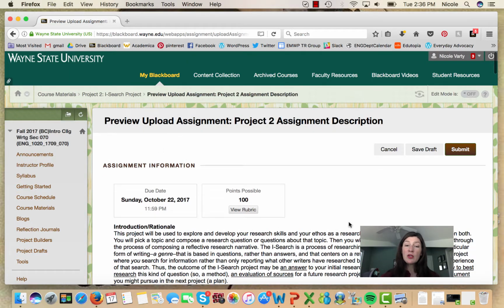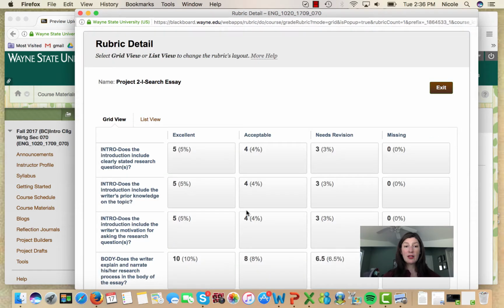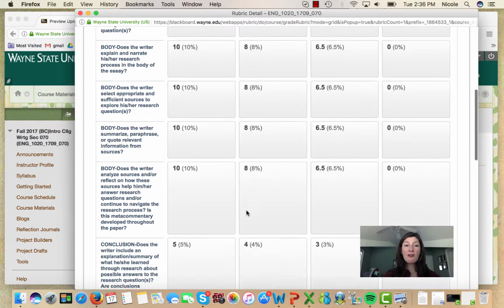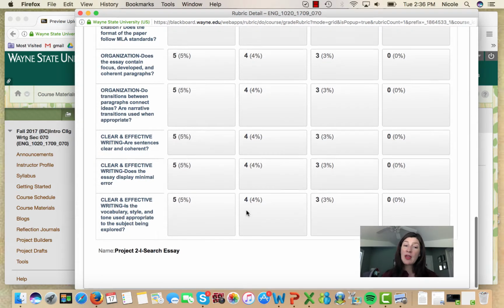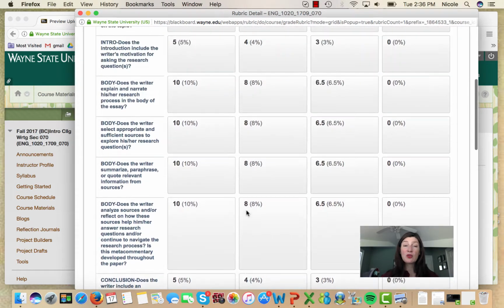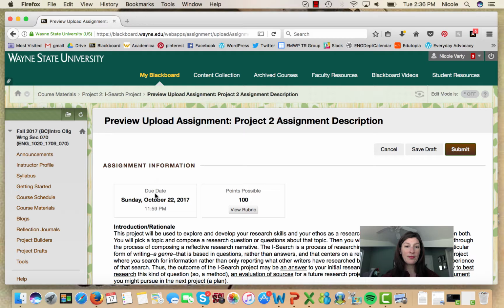And what you'll see when you click on it is that you can view the rubric. So it'll pop up right here. You can see what everything is worth in the paper. This would be a great thing for you to use as you're rereading your own paper and revising for the final draft. Little hint there for you.